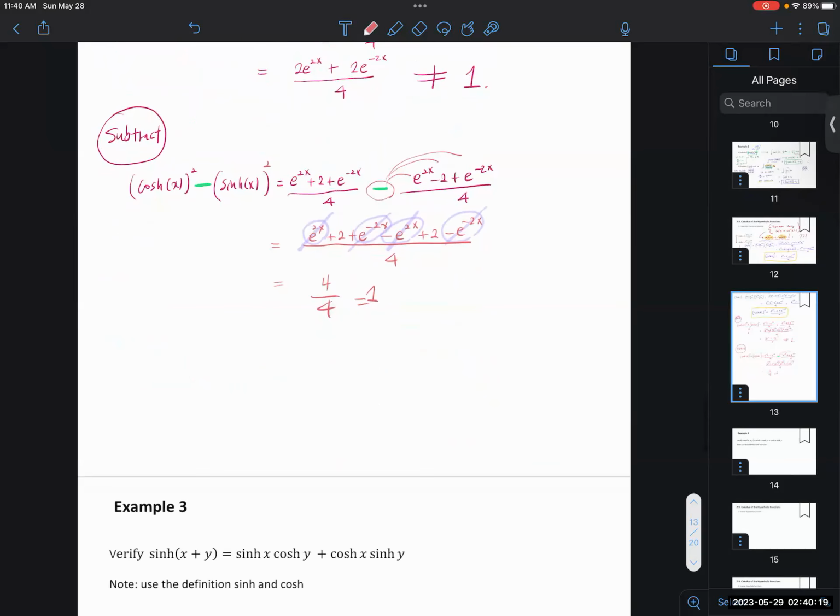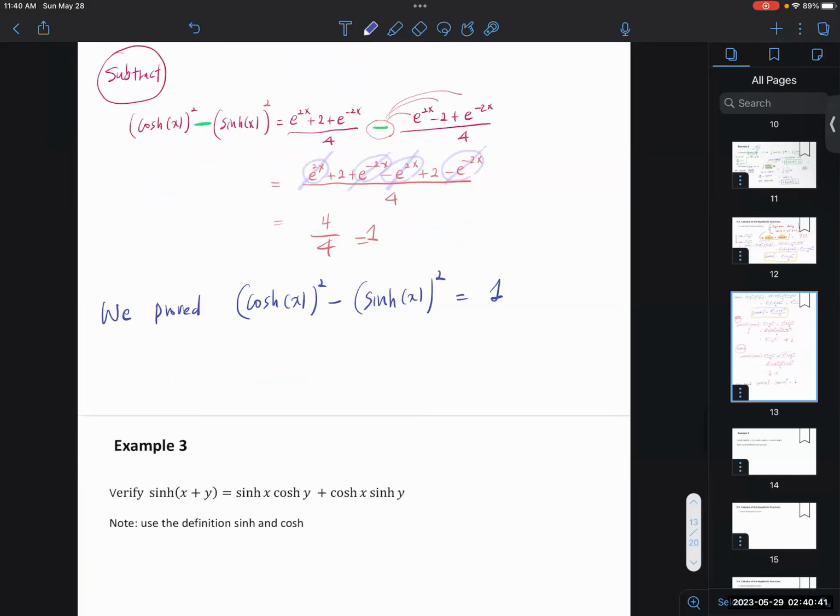So therefore, we're going to make a conclusion. We prove cosh squared x minus sinh squared x is 1 instead of adding. So that means I can change the order. That means 1 plus sinh squared x,